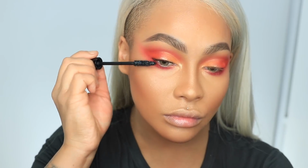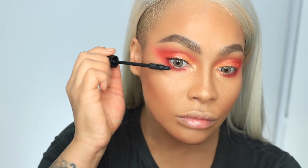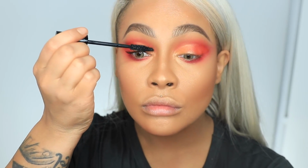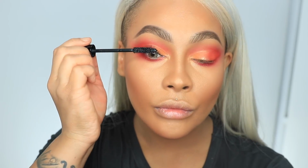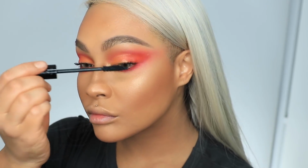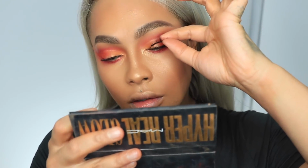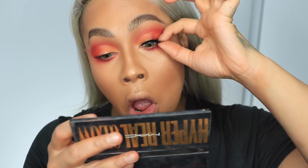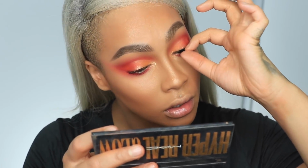And I'm going to take my Jouer Blackout Show Mascara and do a nice coat on the top just to wiggle and separate. I like to do this while the glue on my lashes is drying. They need about 30 seconds to dry, and I'm going to take the Lily Lashes in Hollywood and put those down as close as I can to my lash line and to the outermost part of my eyelid so that it kind of opens my eyes up,